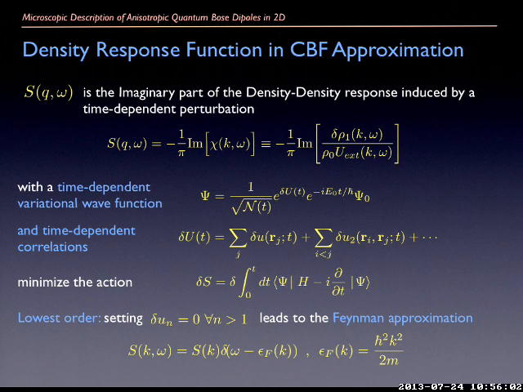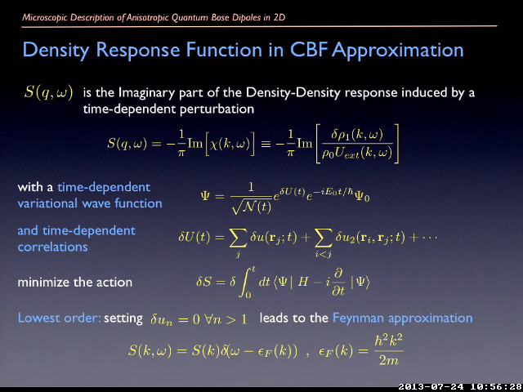So you have your system, you put in a weak external perturbation, and that perturbation induces a change in the density. The ratio of this change in the density to the external perturbation essentially gives you the response of the system. Then what you do, in the framework of this correlated basis function, is build